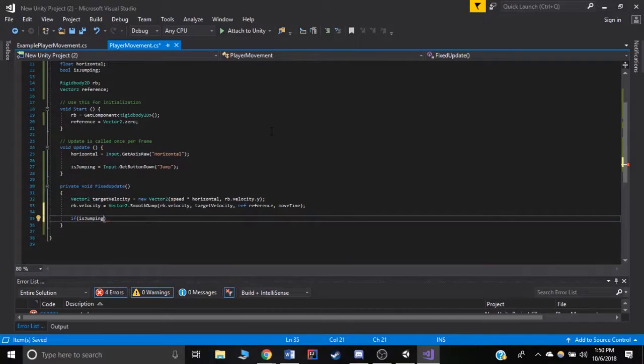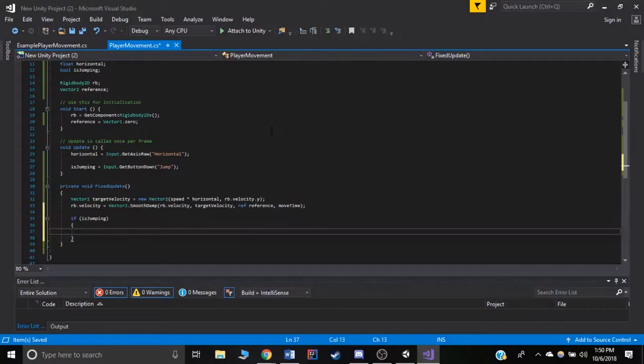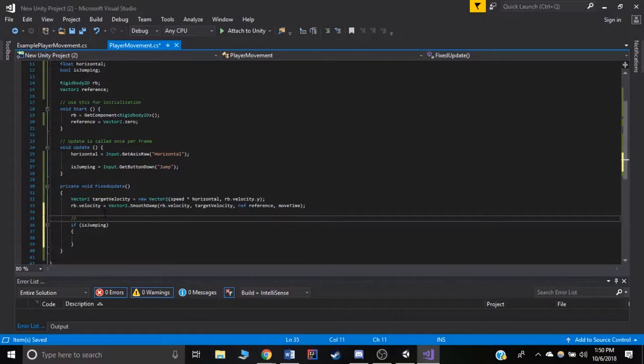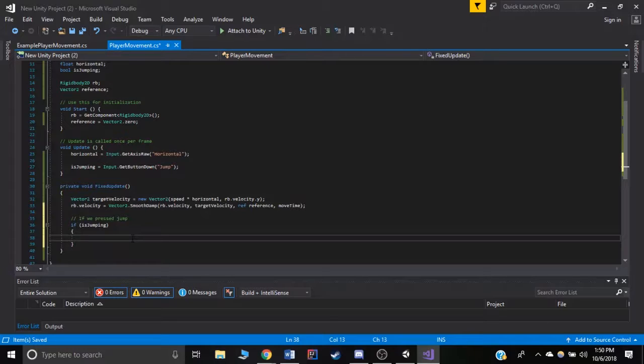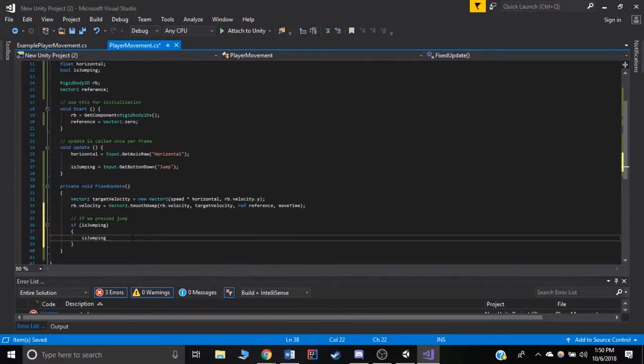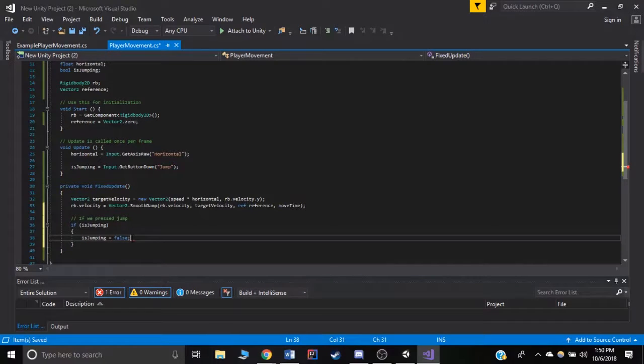So if isJumping is true, it will go in, and then inside of it, we will first set isJumping to false, and then